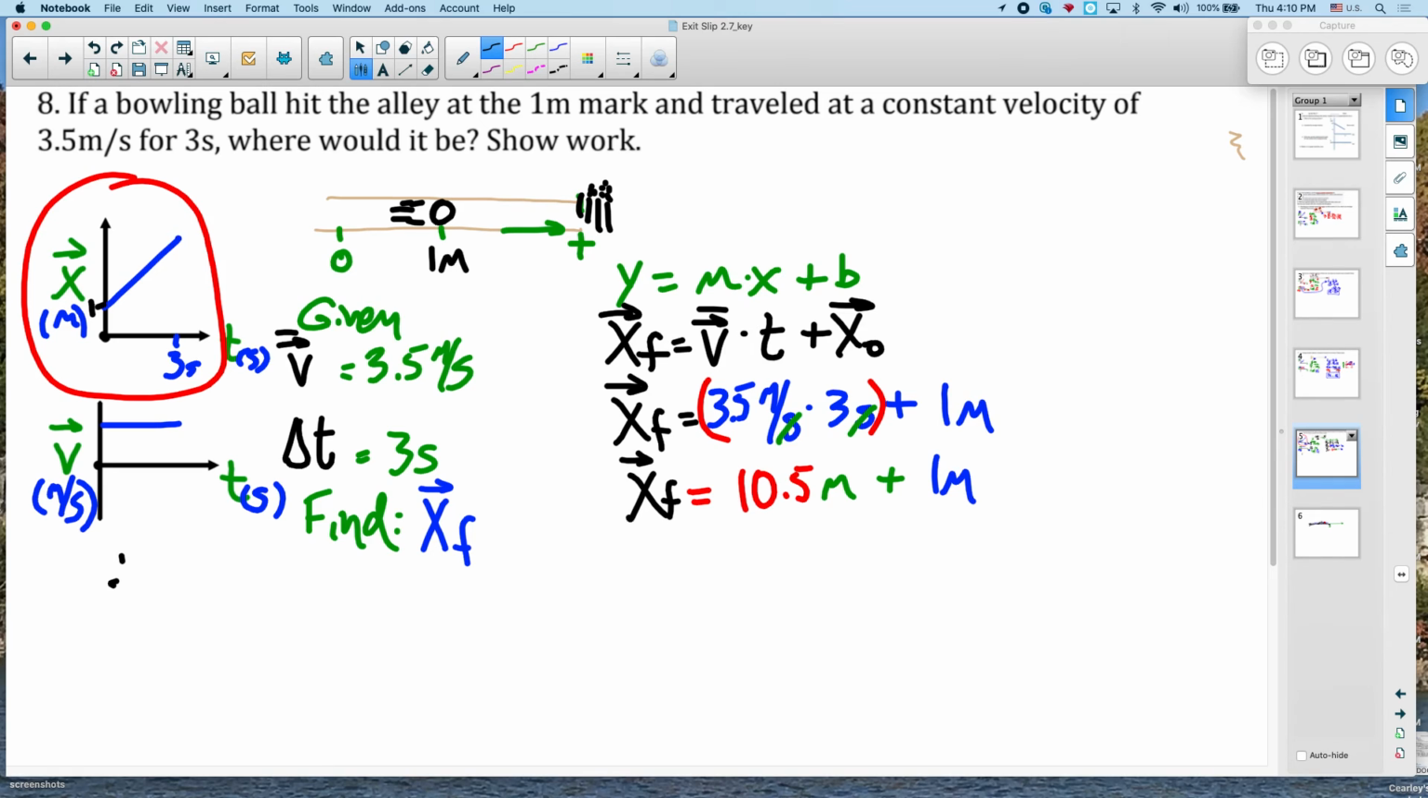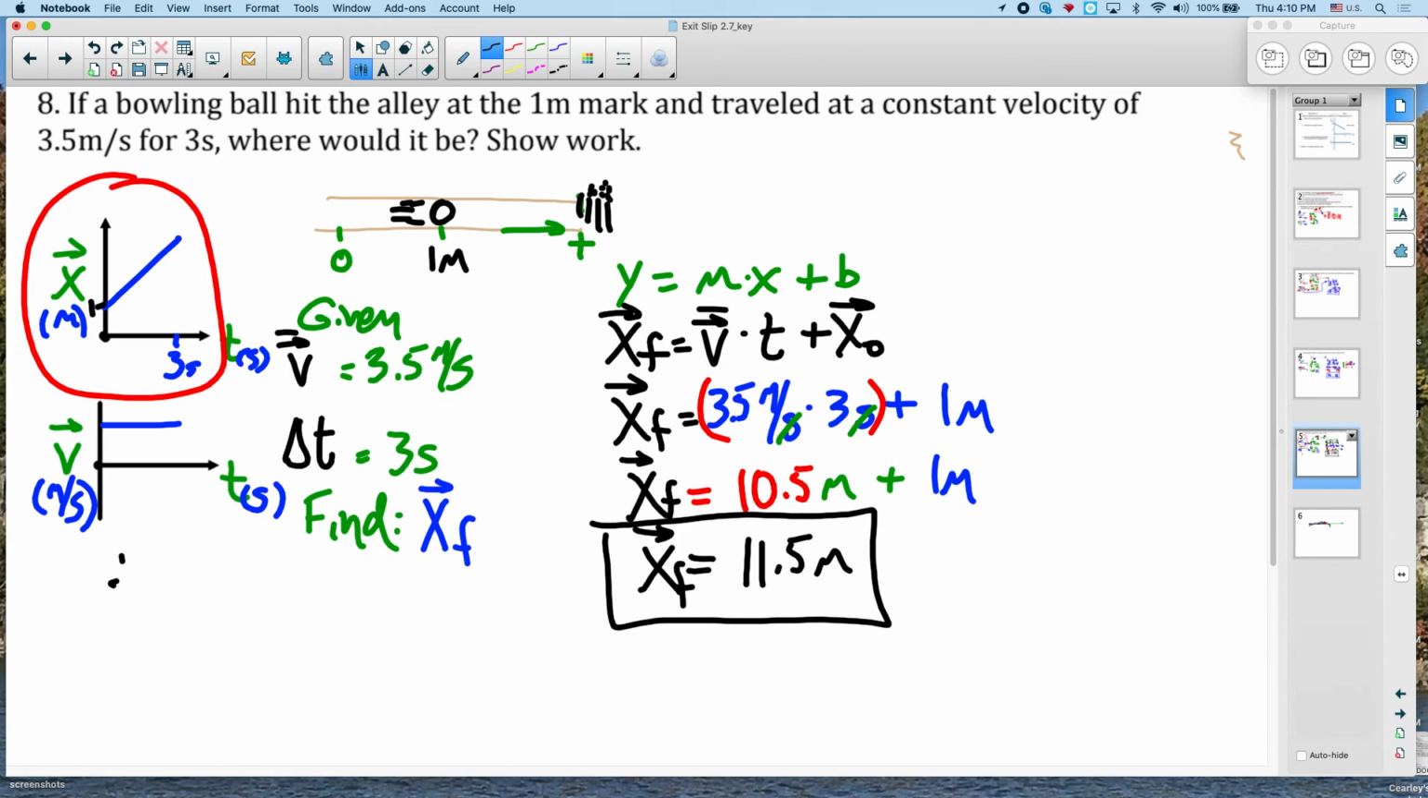And so our final position is going to be 11.5 meters, which is where that bowling ball would be in 3 seconds